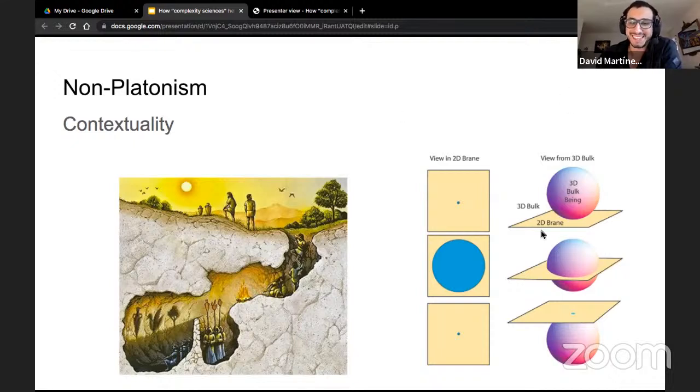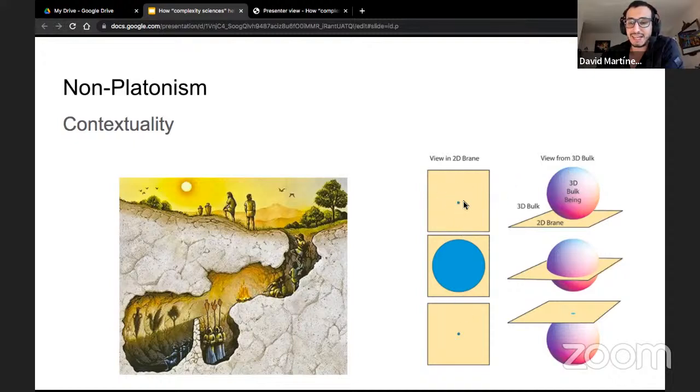Here we have a little example. If we see a 3D sphere going through a wall, well, in 3D we can see that there's a sphere going from one side of the wall to the other. But if we live in a two-dimensional world, what we can see is totally different.